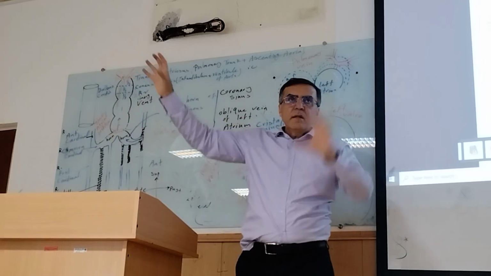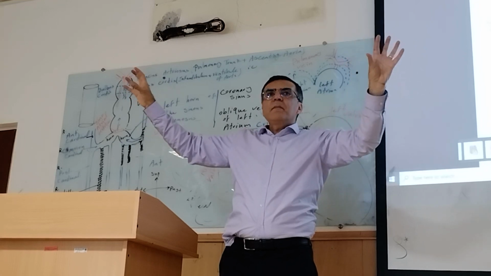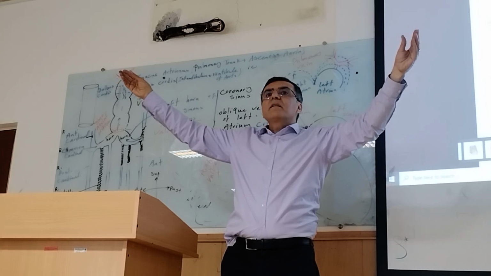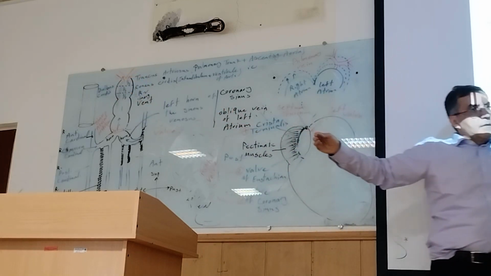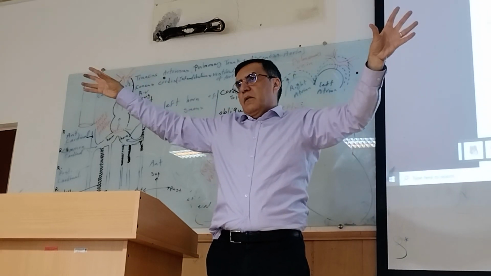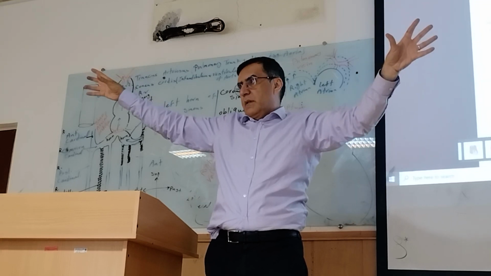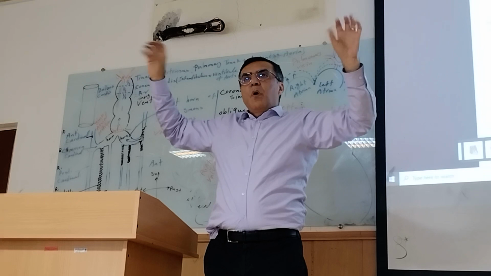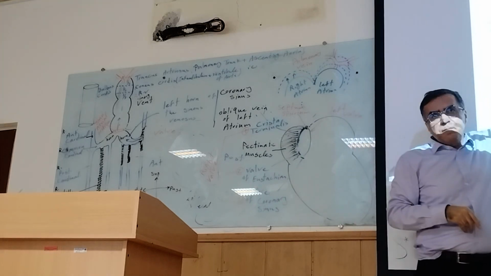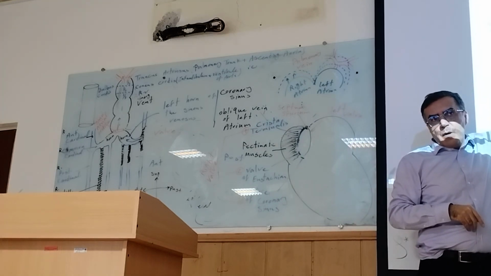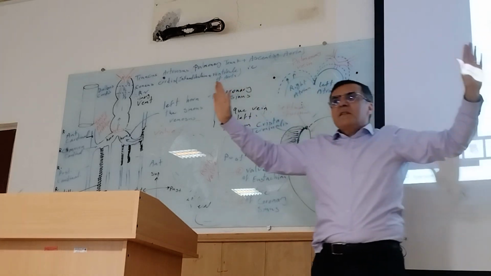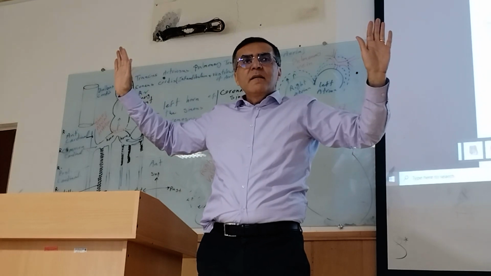Right atrium, left atrium, both of them have auricles. The auricle contains the pectinate muscles, this kind of muscles. Both auricles are made by the primary atrium, so both of them have the same origin. Both sides have a smooth part. On the right side, the smooth part is made by the right horn, and on the left side, the smooth part is made by